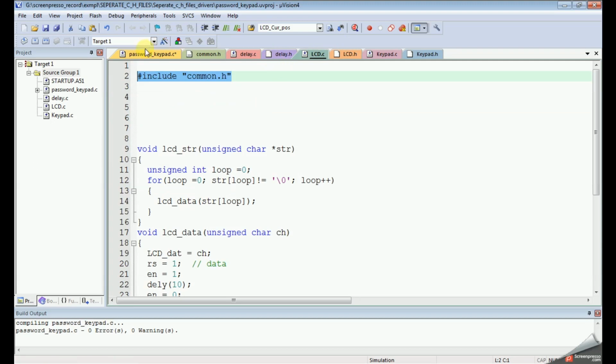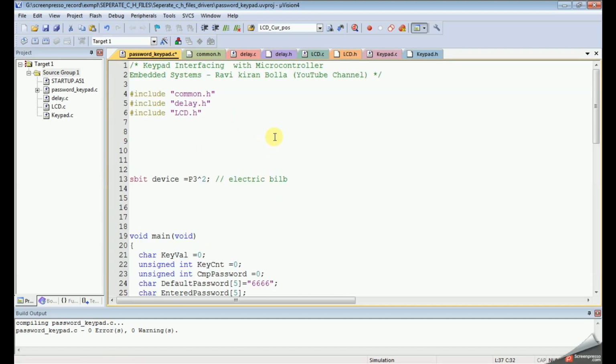So now we have separated different drivers to different .c and .h files, and we just included the relevant stuff here. We need to include in the main.c file also: keypad, lcd and delay.h files.